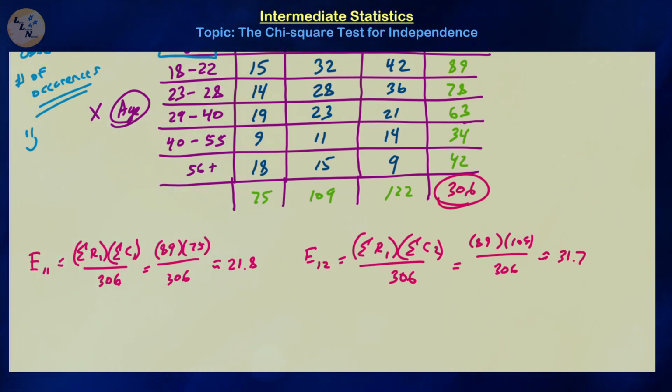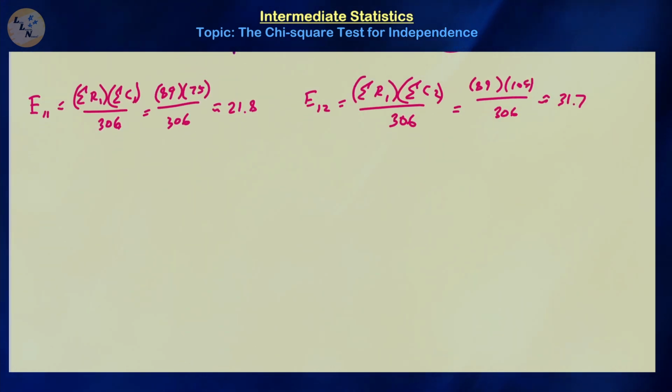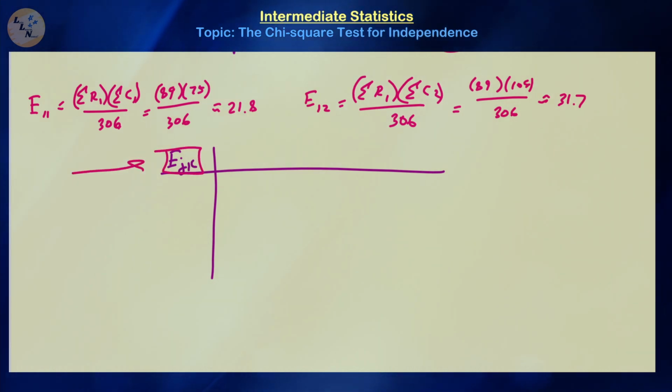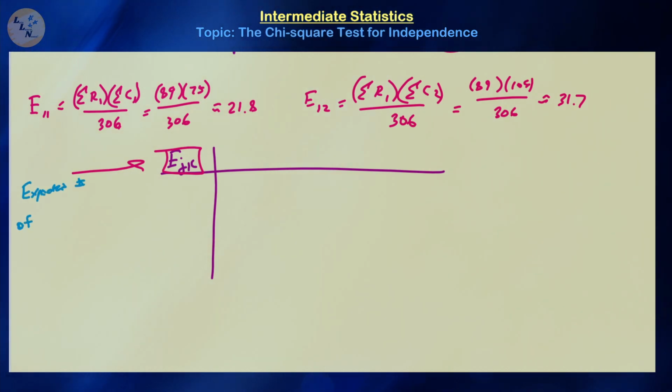And we're going to do this for all of the 5 times 3 equals 15 different cells in this table, and that's going to generate a new table, which is going to be our expected observations. So the expected number of occurrences if these variables of study